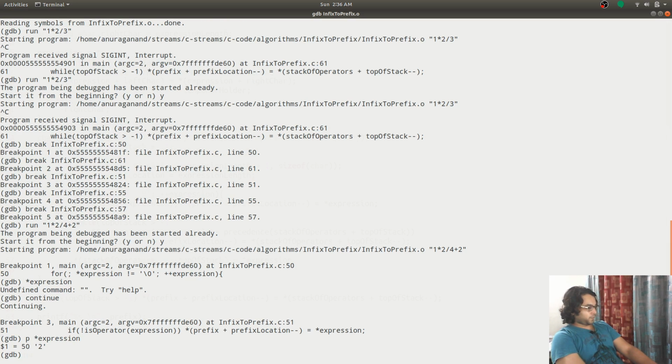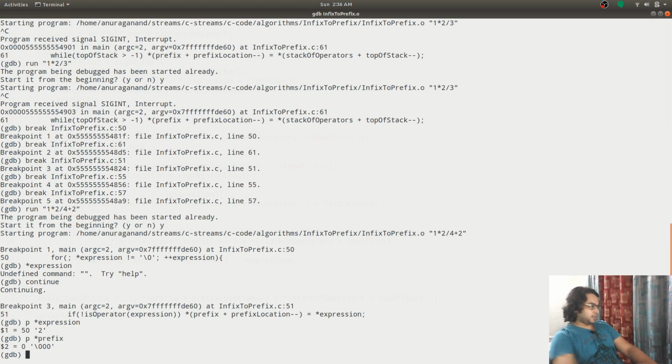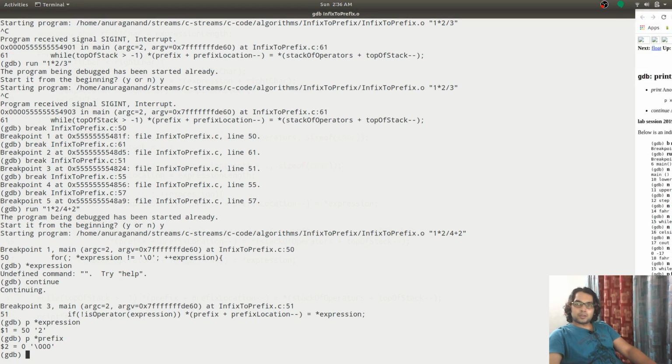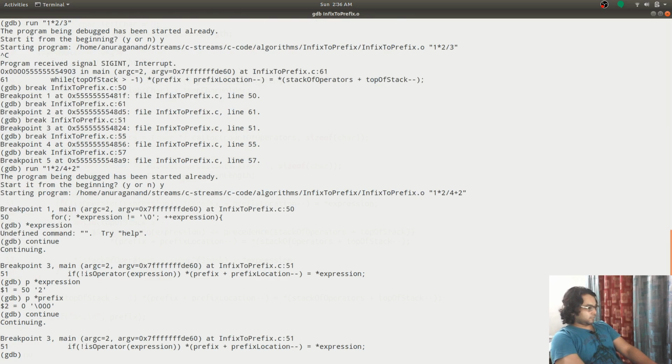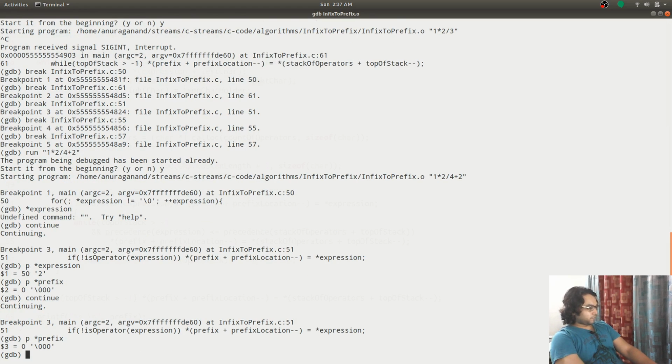Two. And what is the prefix? 0. And white is 0.